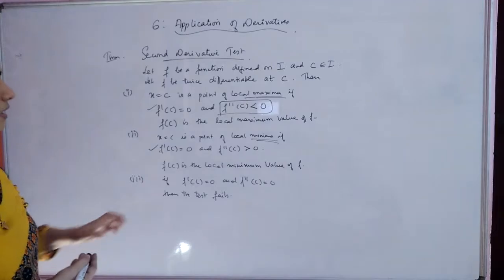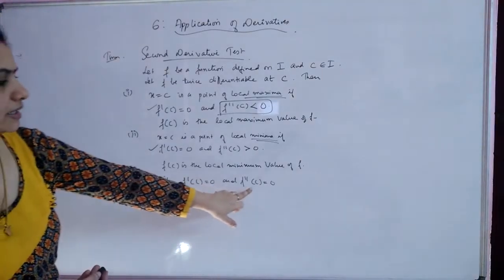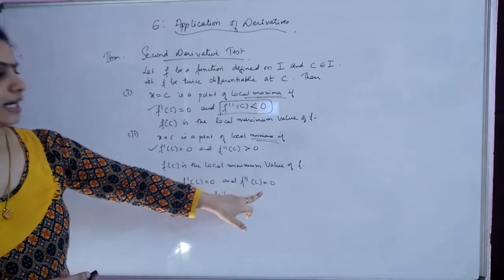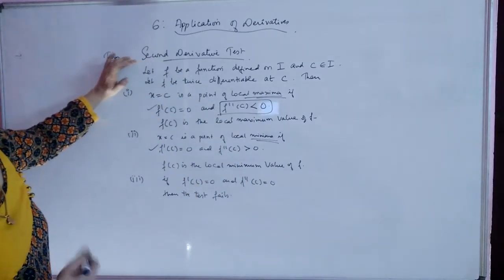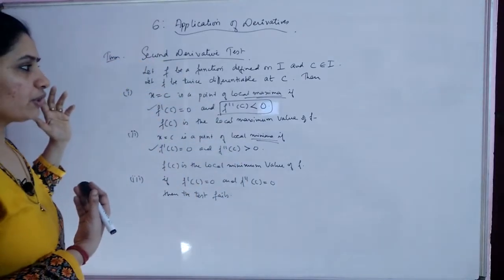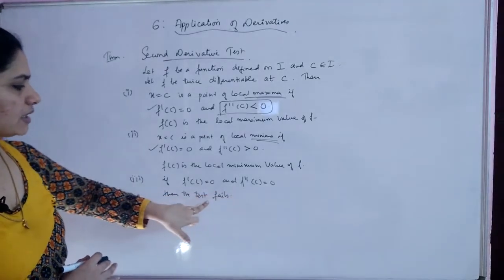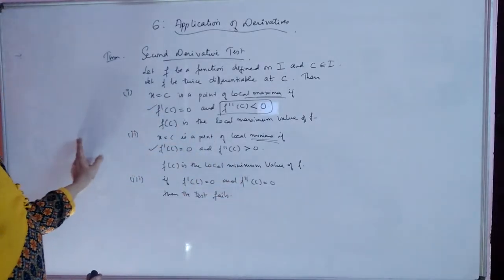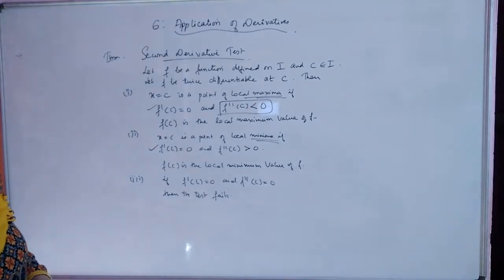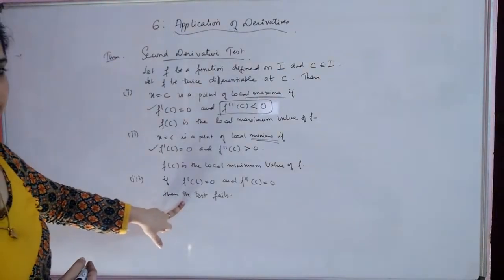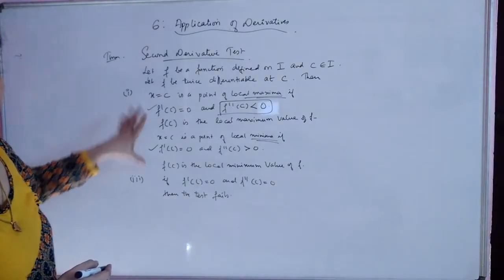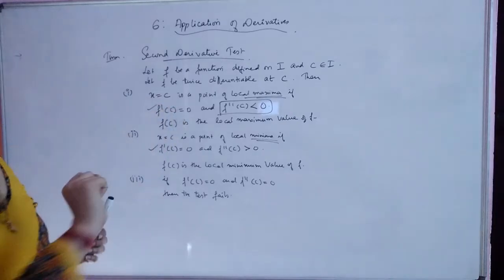Now there are certain cases where this will fail. For the second derivative, you are not getting greater than or less than, but you are getting equal to 0. In that case, you cannot say whether that point is a point of local maxima or minima. So at that time the test is failing, and if this occurs in the problem, you have to go back to your first derivative test. Okay, first derivative test. You have to go to the first derivative test when the second derivative is also giving you 0. Till then, this is very easy to do in the problems.